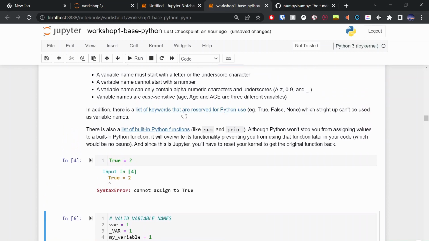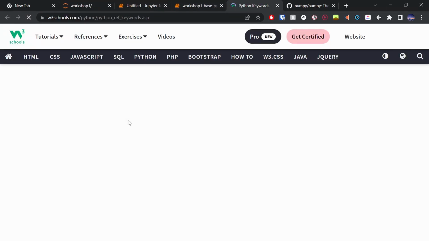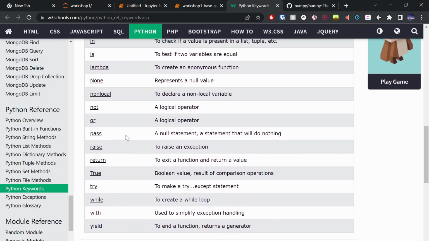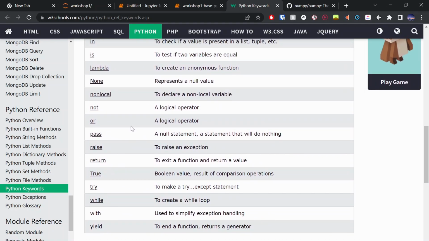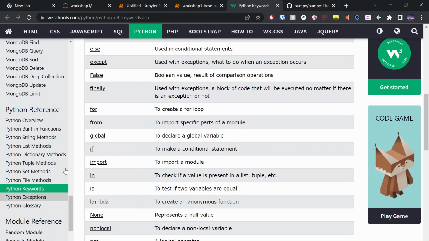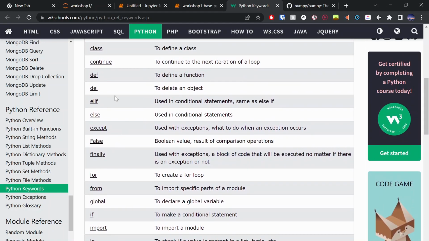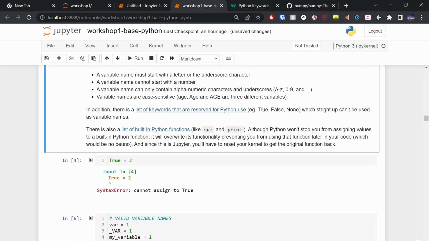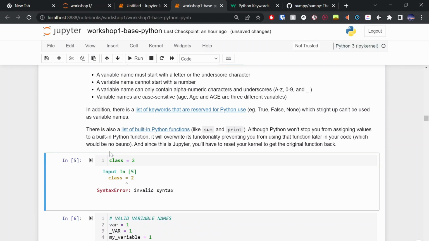If you click in here, look at that, a nice list of reserved keywords for you not to use as variable names. You don't really need to understand what all of these do, but if you try to store a variable name into, say, class, that won't work.